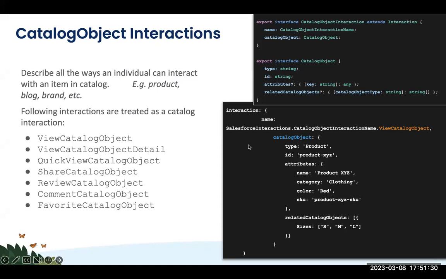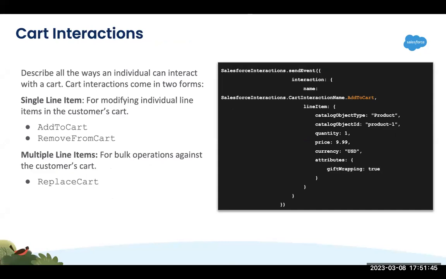You could leverage this interaction name with the view catalog object as a definition, and you could design all these things inside your SDK. You can leverage these classes as an SDK, and then capture all these event details from a catalog object interaction perspective. When coming to cart interactions,